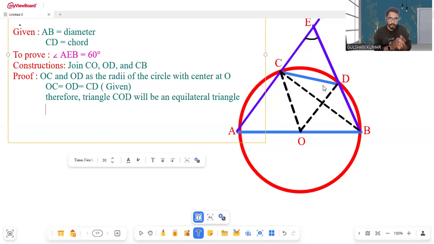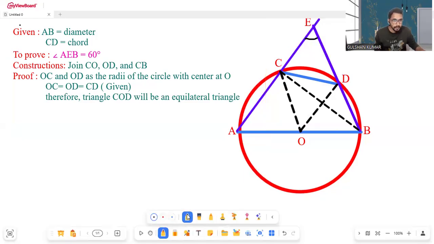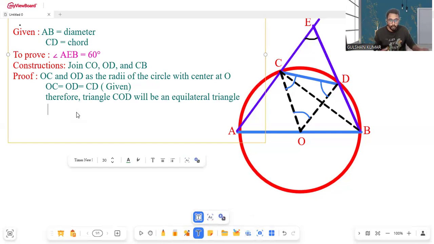As we know that this is the equilateral triangle, when the triangle is equilateral, all the angles are 60 degrees. You may have a question here of how all the angles are 60 degrees. So by the angle sum property,